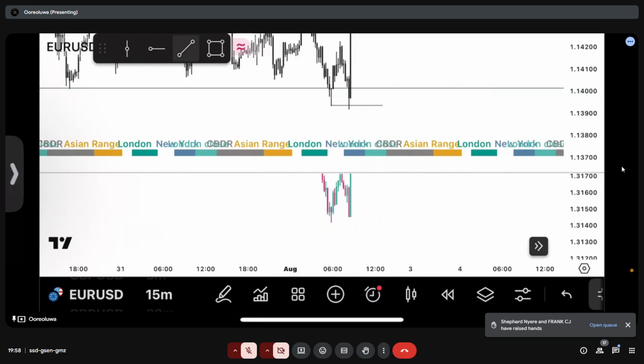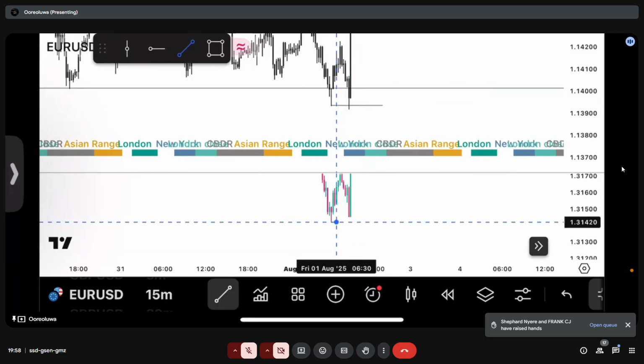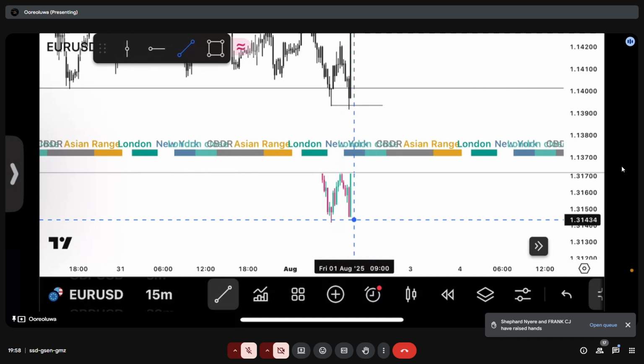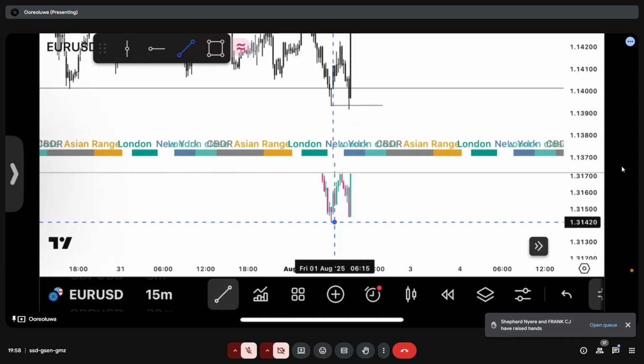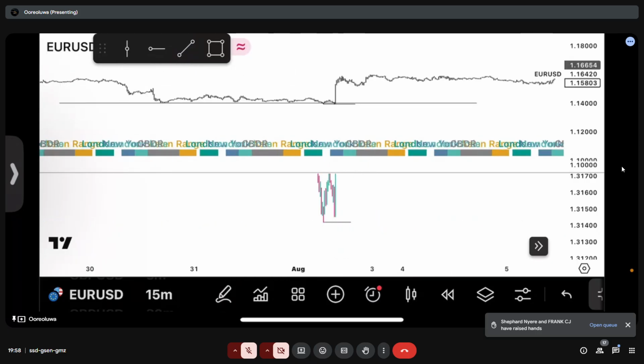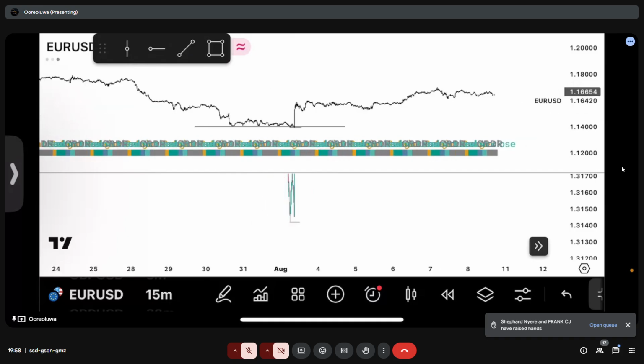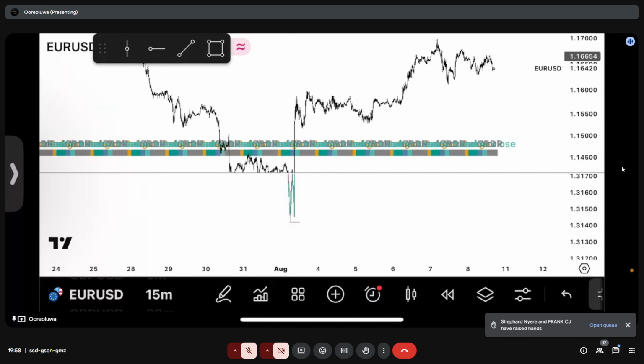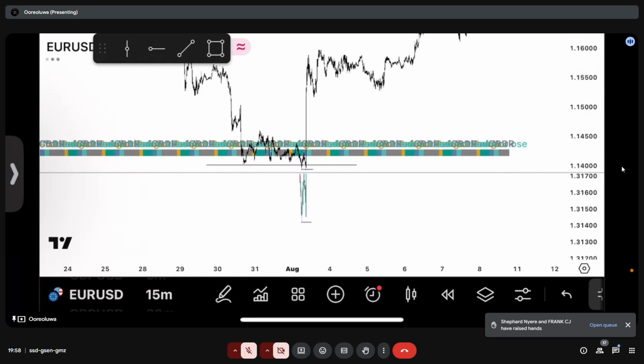On the other hand, you can see it's sessional. This is London, this is New York. No, it's not just random highs and lows, okay? So before the news, boom to the upside. And I held this trade because I didn't just take this SMT